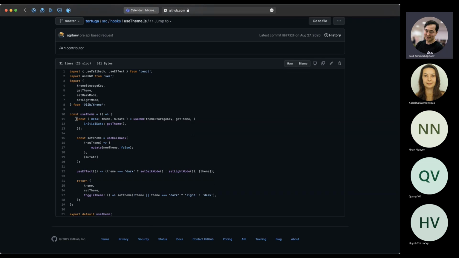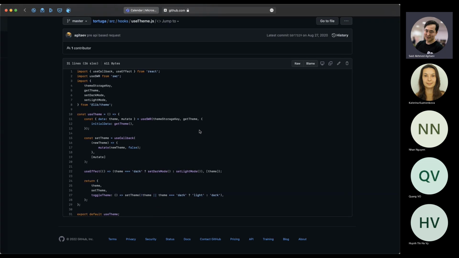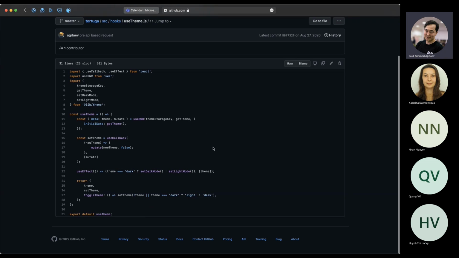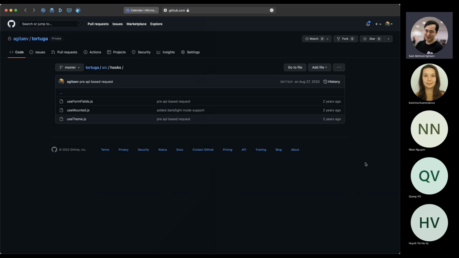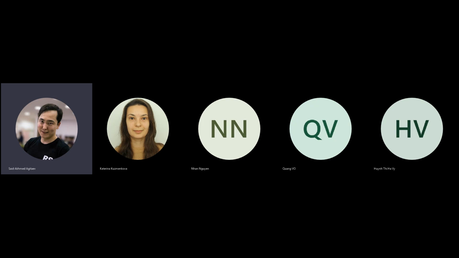As you can see, we don't have state here, but we have the use SWR. I can't remember what that one is used for, but this is yet again another custom hook that I'm using inside my custom hook. This is a little bit advanced, and it is 2 years old. So that's it from my side. I just wanted to share some, a little bit